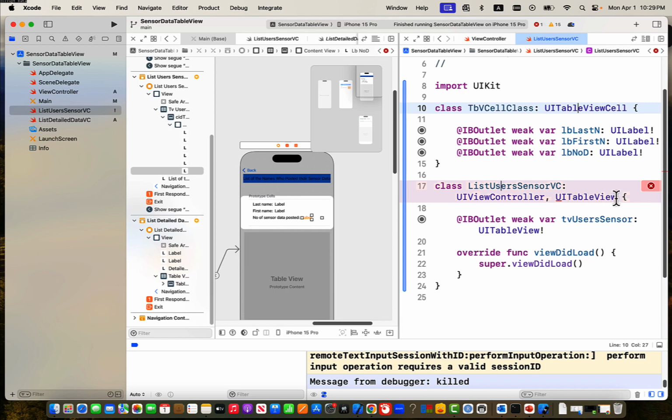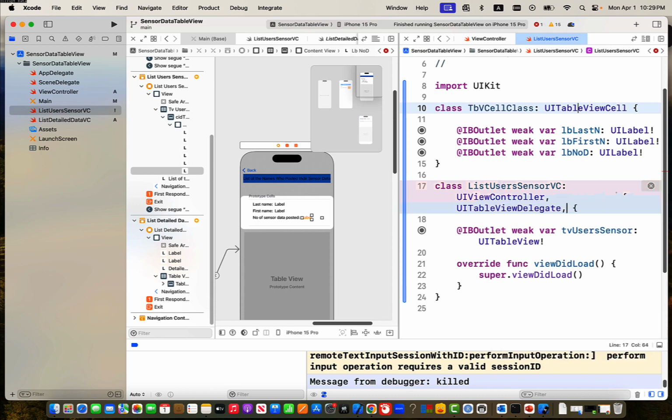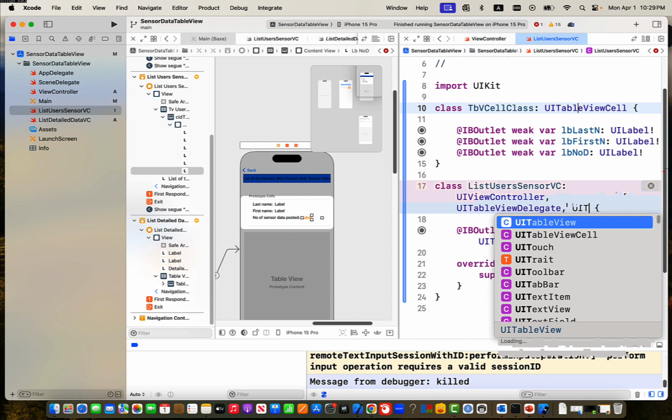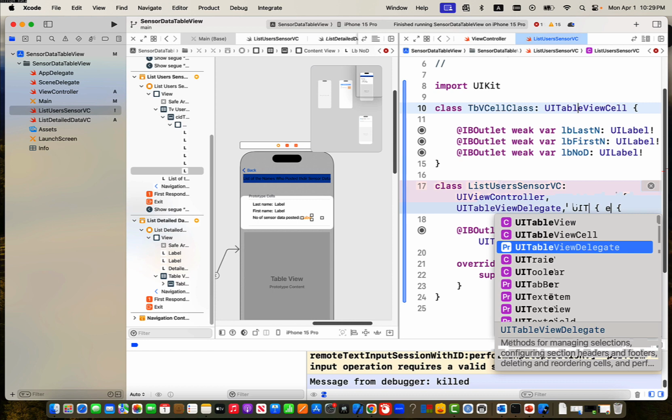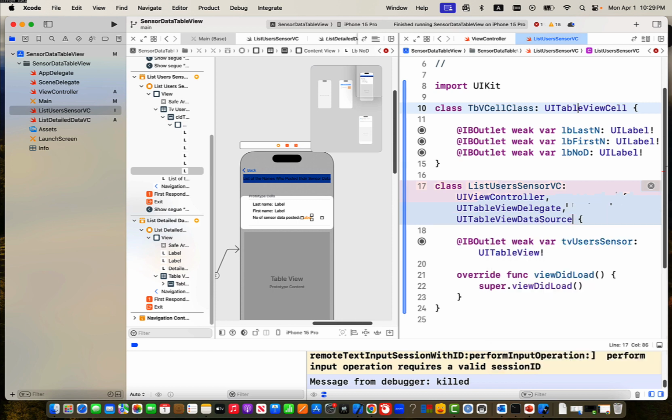I would say it here, not only UI table view, but we need to say UI table view delegate, and also UI table view data source. Here, two things. Okay. In this case,